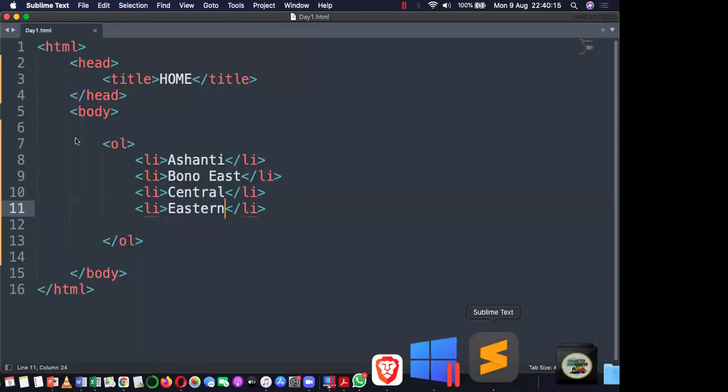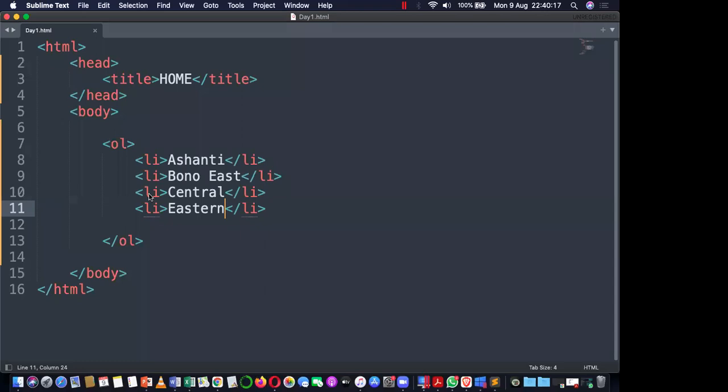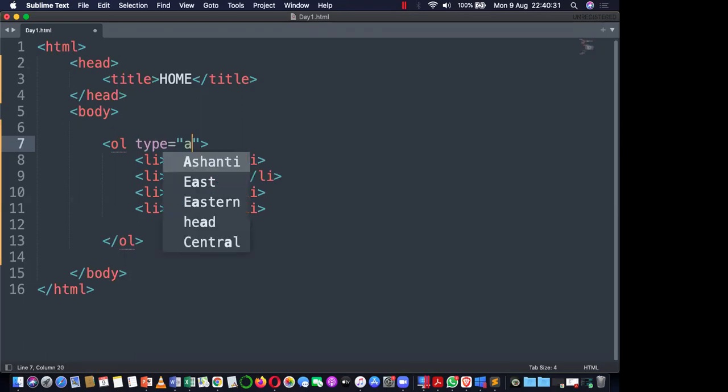Now, the question you ask is where do we get the 1, 2, 3 from? By default, when you go this way, it gives you 1. But if you don't want the 1, then in the OL you bring type. Then this type, if you bring small a, it gives you